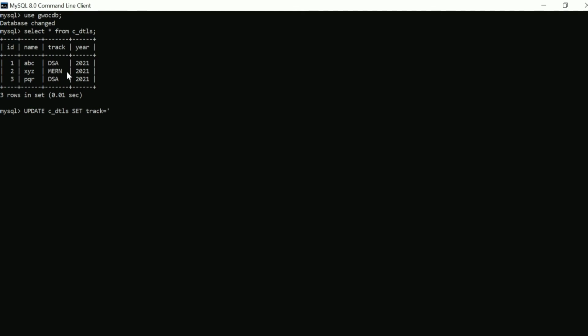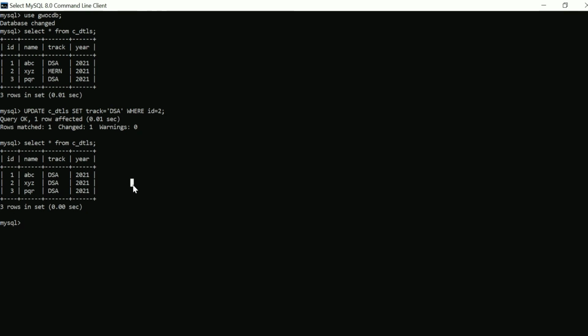Let's set it to DSA and write the condition inside where and end the statement with semicolon. So update contributor details set track equals to DSA where ID equals to 2. Let's see whether it's reflected or not.